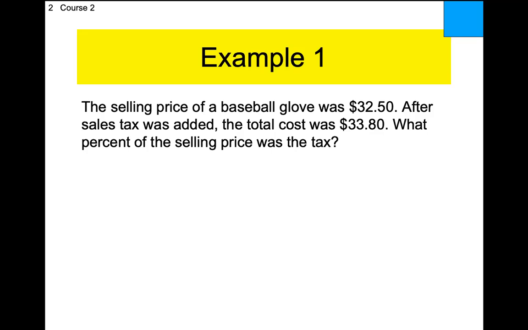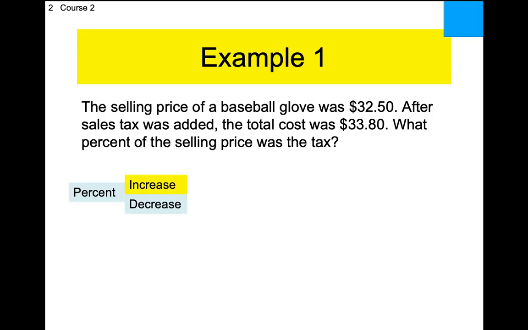So this one is as easy as it gets, right? There's going to be no doubt. It's not that the smaller is always the first. It could be the larger, right? When things go on sale, then the original price is actually higher than the selling price. All right, so I got 2 prices right here. We know that this is our original price, $32.50, and then some tax was added. So is this an increase or a decrease? This is certainly an increase.